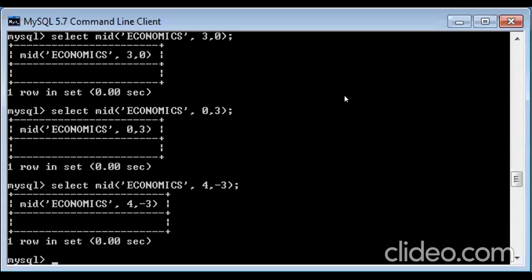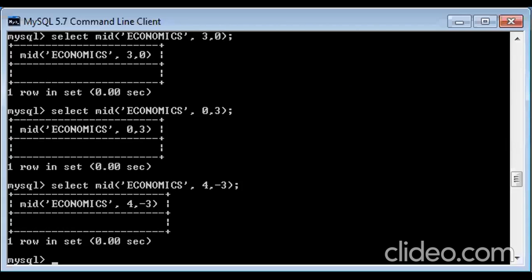Why will it be null? Because -3 is there. Is -3 a position? Here -3 is the length of the characters. How can a length of the characters be -3? There is no length less than 0. -1, -2, -3 cannot be the length of the characters. So if the length is given as -3, which is not actually possible, then it will always be null. Clear?